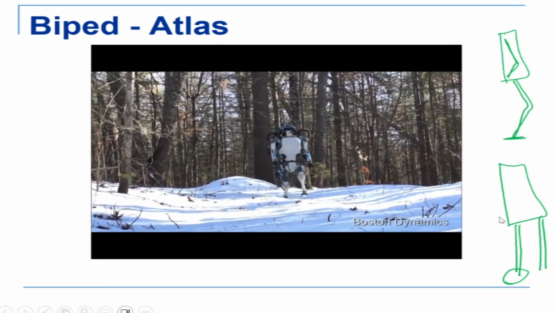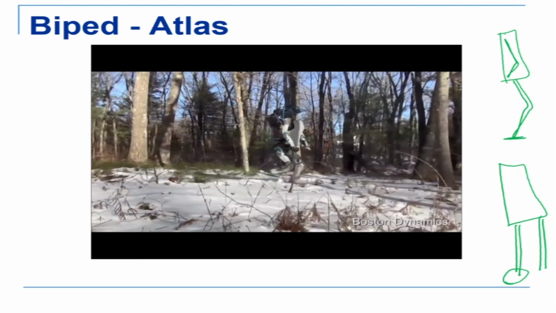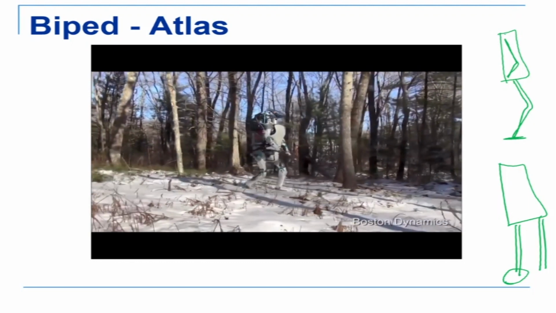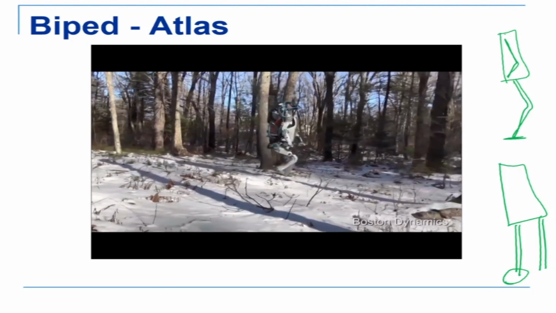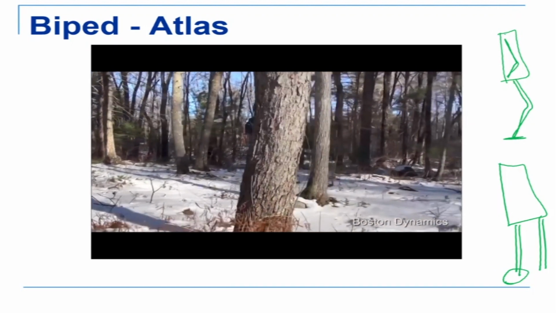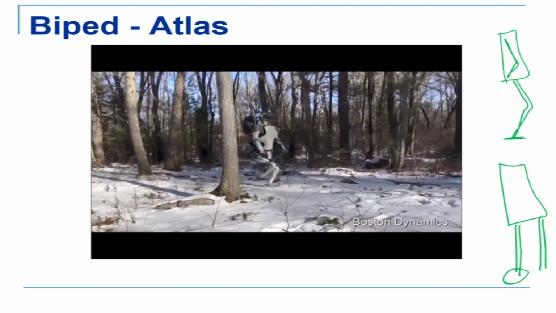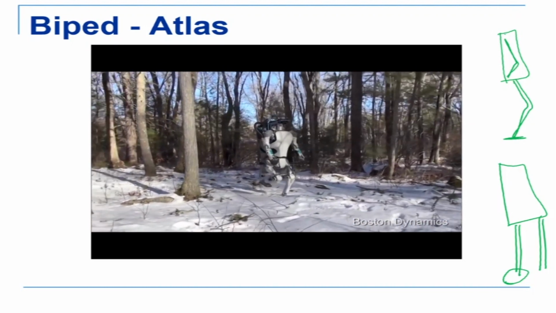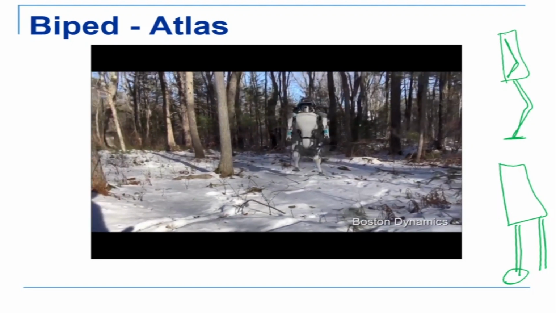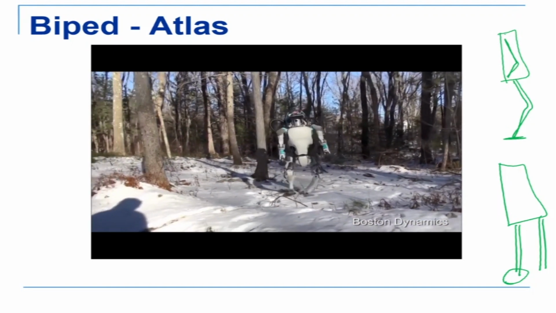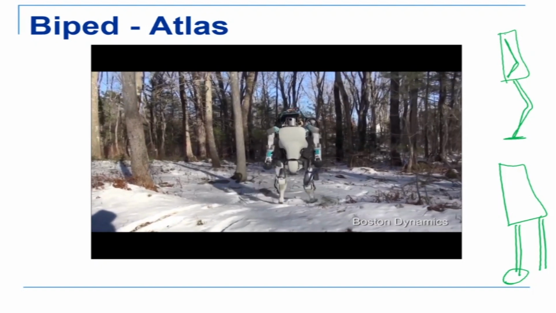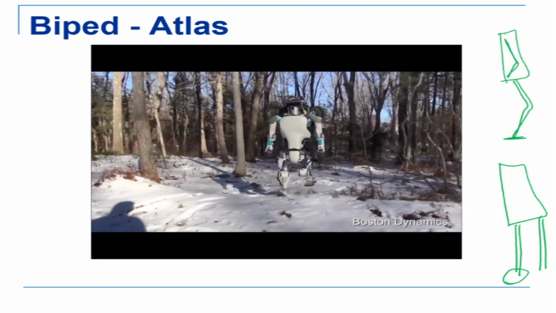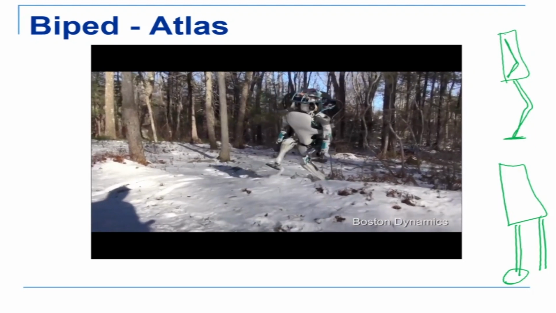This is Atlas, and it can work on very difficult terrain like snow, in kind of terrain where even human beings would find it very, very difficult to walk. Please note that the legs are bent. The robot walks with a bent knee, and that is basically for stability. When we come to stability, I'll explain why it does that. Look at the shape of the legs and look at how the foot placement is being made. So it is on one leg stance, two leg stance, then one leg stance. And that is exactly what we mean by pattern of foot placement.